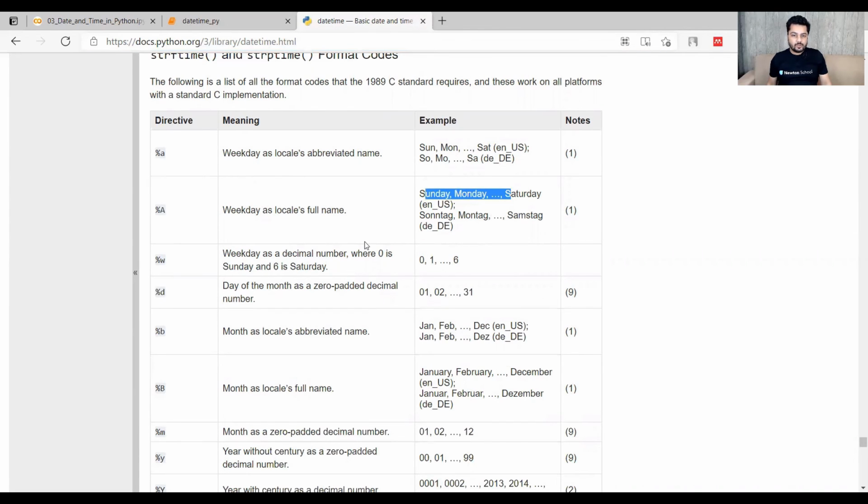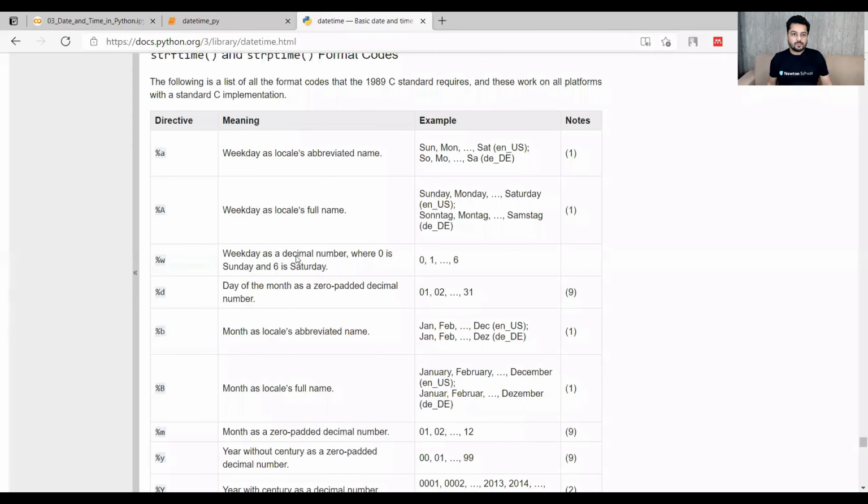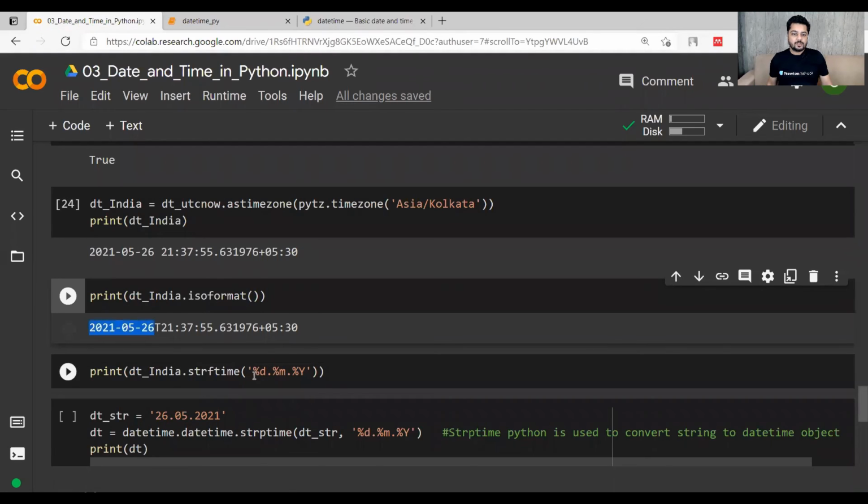You can print numbers differently as weekdays, the day of the month, and the name of the month. All these things can be changed according to whichever directive you use. I want to convert this date into the format in whichever way I want. So from this directive, I have taken these three things.